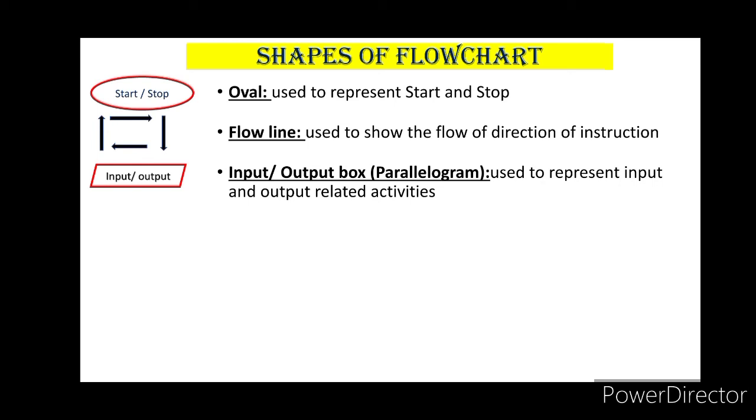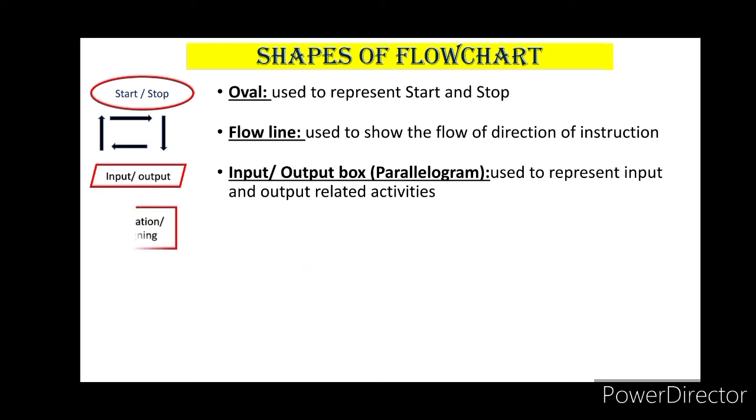Input means what you require from the users. What you are going to instruct the computer so that the computer can accept some value from the users. For that purpose it is used. And also after the calculation, what it provides to the users, meaning display, print,